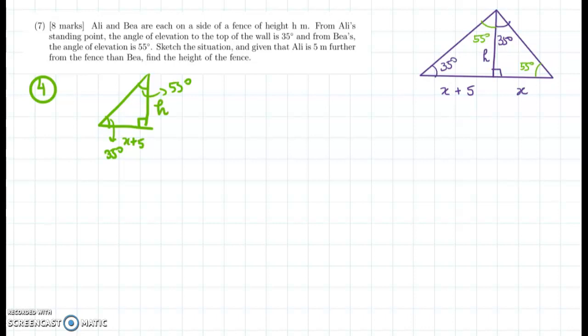The triangle on the left-hand side is similar to this one because it's also a right angle triangle with angles 35 degrees and 55 degrees. But to see this more clearly, I'm going to actually rotate that triangle so that I'm going to have the leg h horizontal and the leg x vertical,